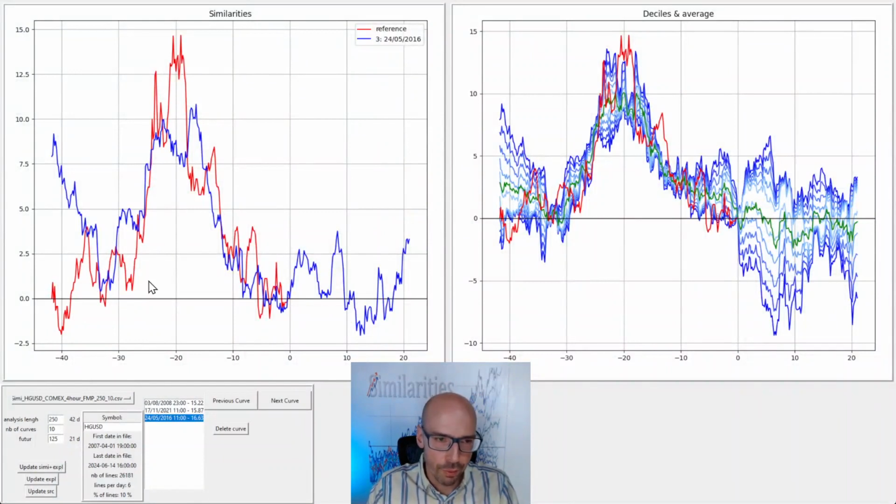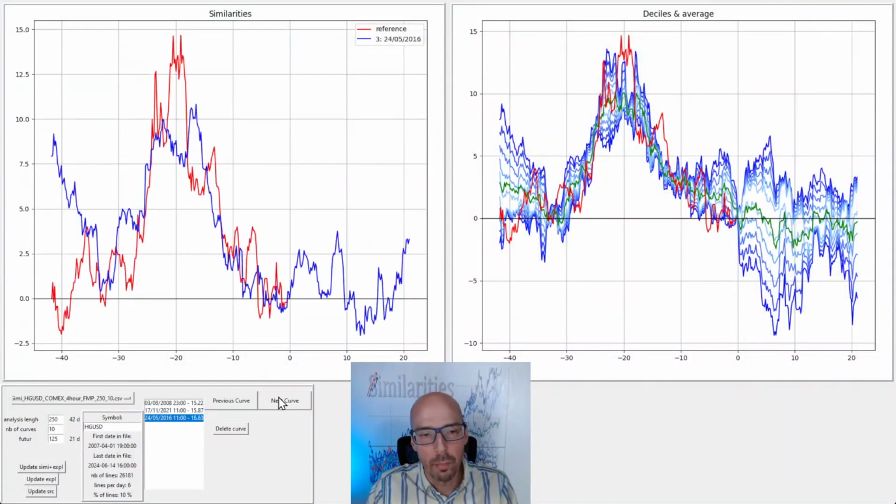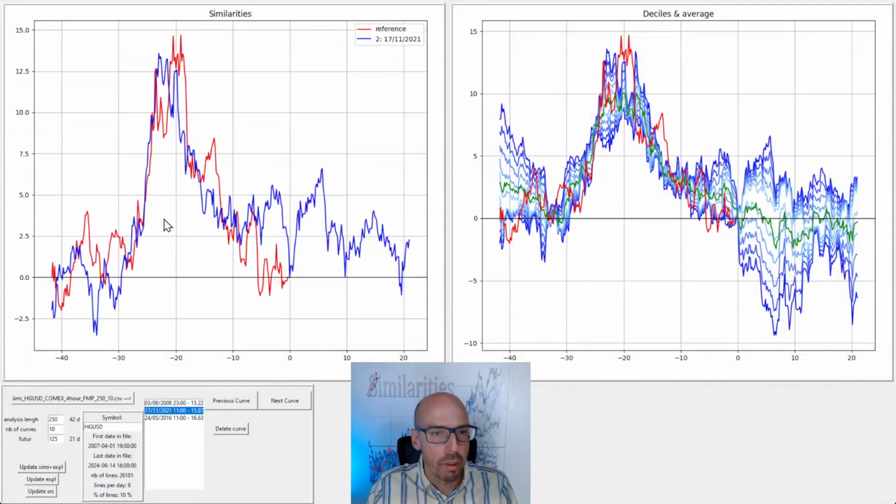The problem is to find a curve that is similar to this peak here that is quite narrow and quite quick. In the past, it didn't happen that much. I just found 3 quite nice similar curves. Okay, the best one is maybe that one. The result,